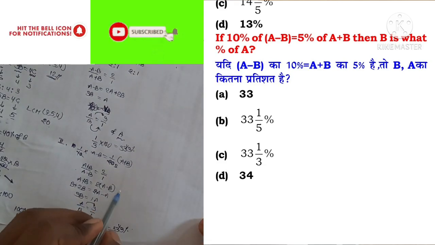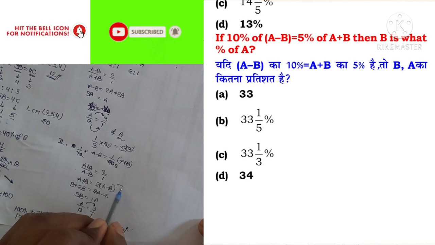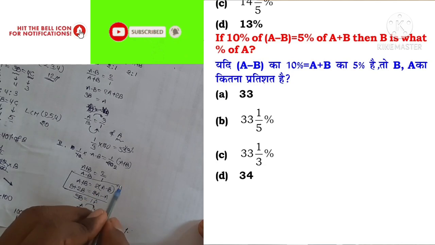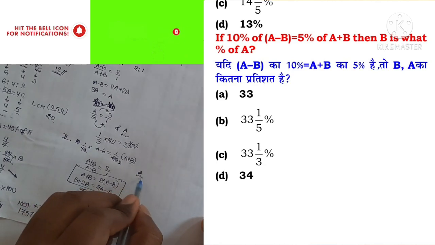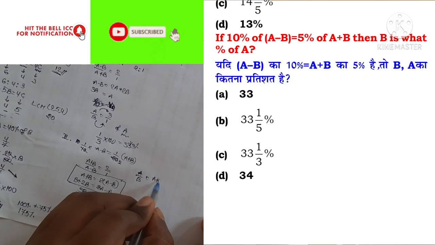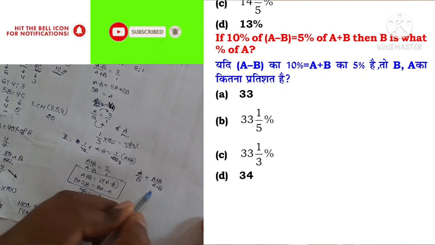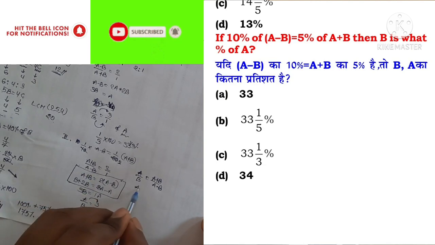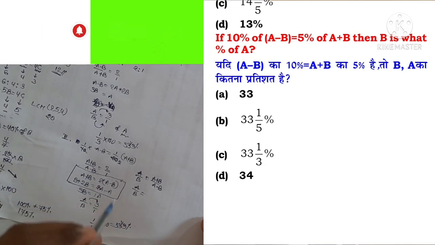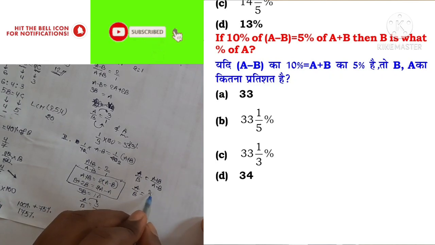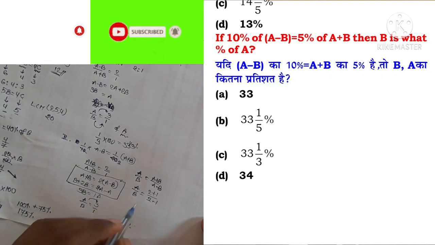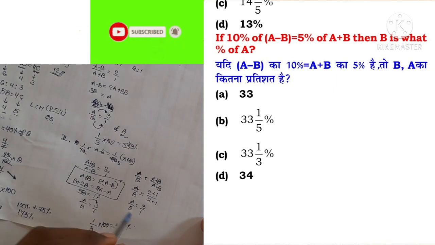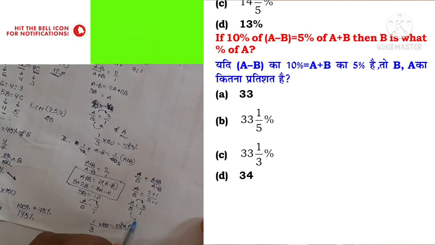Okay. So please remember, no need to do this calculation. You have to simply use the componendo and dividendo rule: a by b can be written as (a plus b) by (a minus b). So 2 by 1 can be written as (2 plus 1) by (2 minus 1). So a by b is equal to 3 by 1. The value of a is 3, value of b is 1.